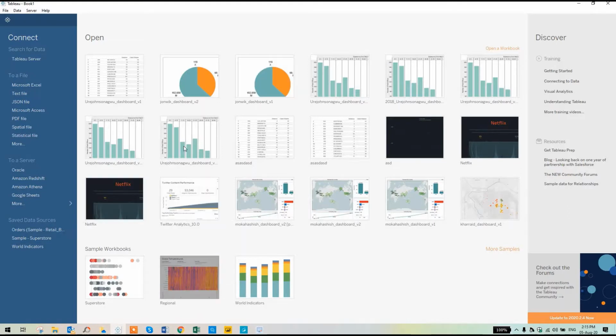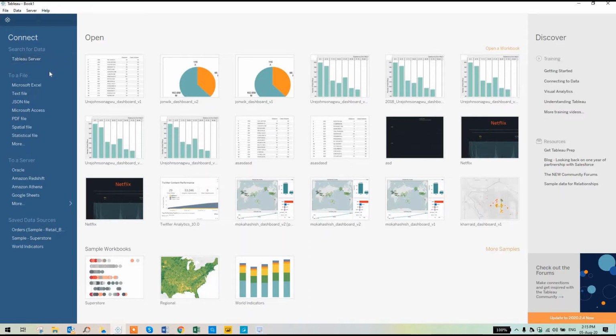So once you open up Tableau Desktop, this is the home screen which pops up, and you'll have to select a data source. It provides different types of data sources, like to a file: Microsoft Excel, text file, JSON file, Access, PDF file; to a server; and the saved data sources. You can also connect to Tableau Server if your data is hosted on an on-premises server in your organization.